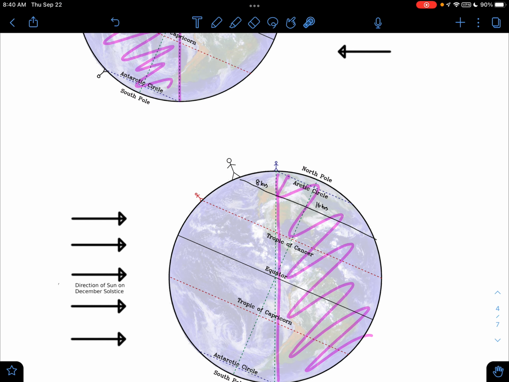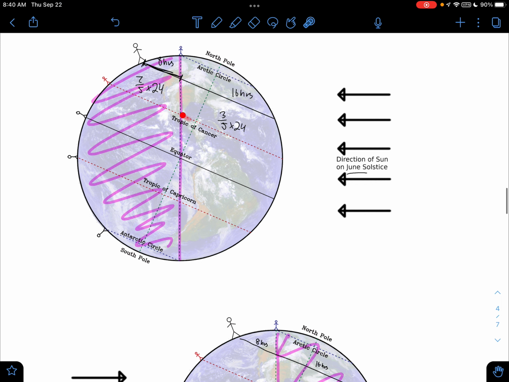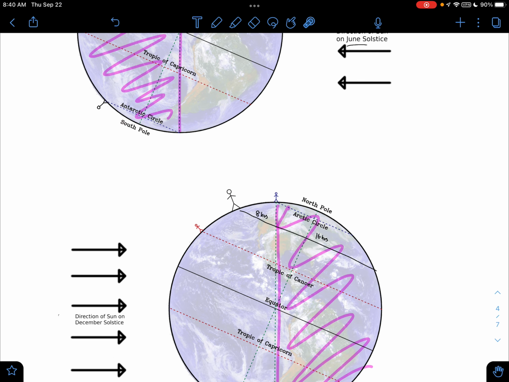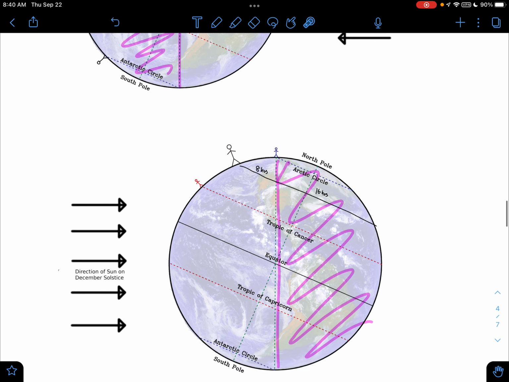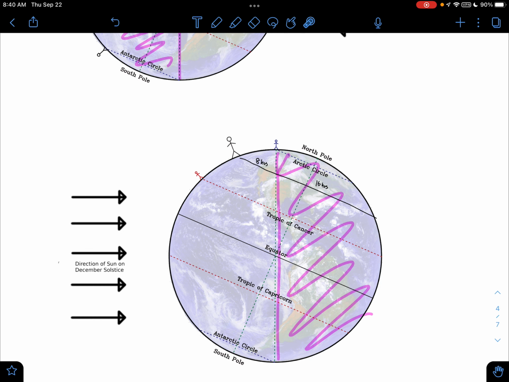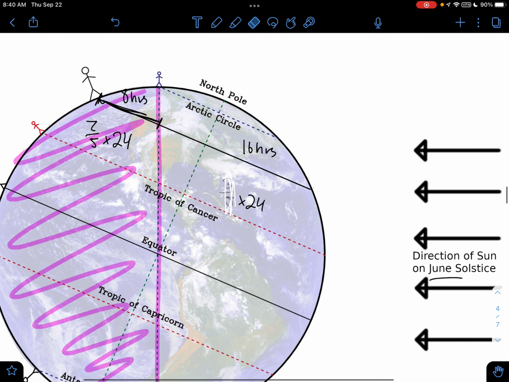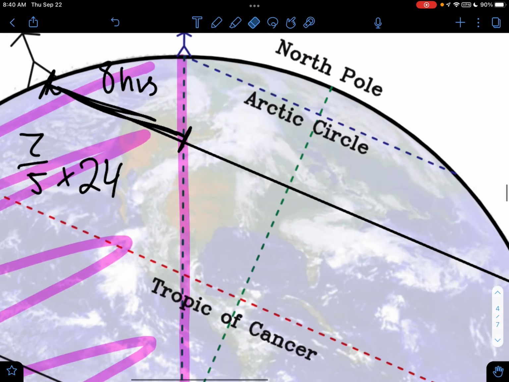We have this little bit on the Tropic of Cancer. It's the same as this little bit, but it flip-flops, right? So now we're looking at how we see the sun in each of these different locations. All right, so if I get rid of all this mess,